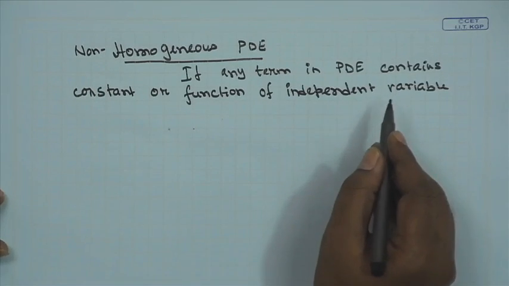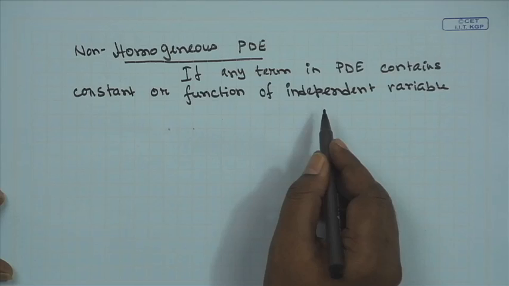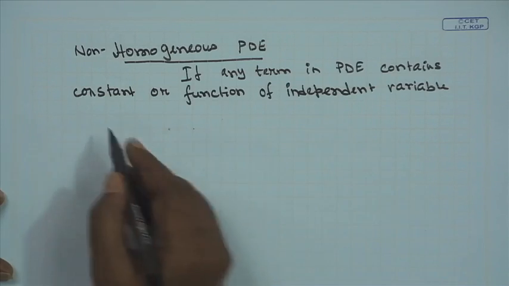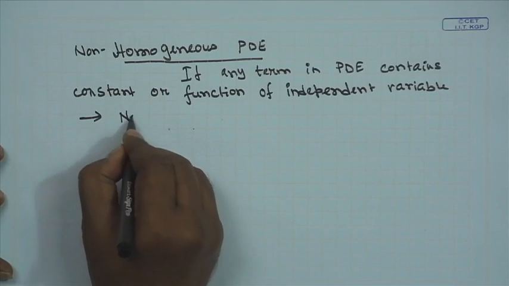If any term in the PDE contains a constant or a function of independent variables, then it is a non-homogeneous